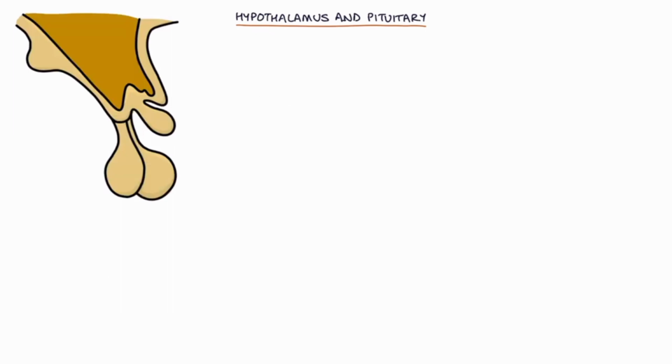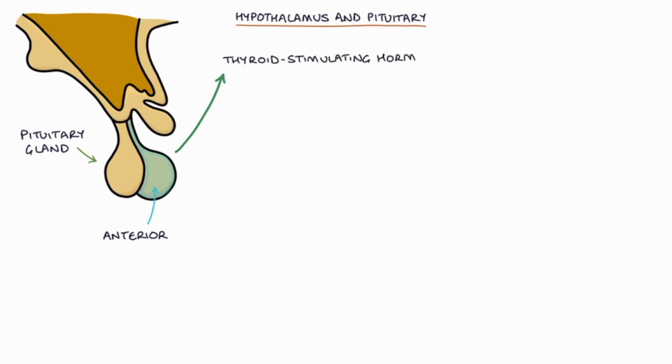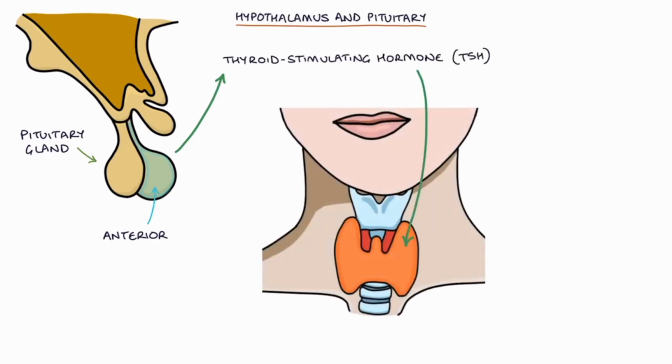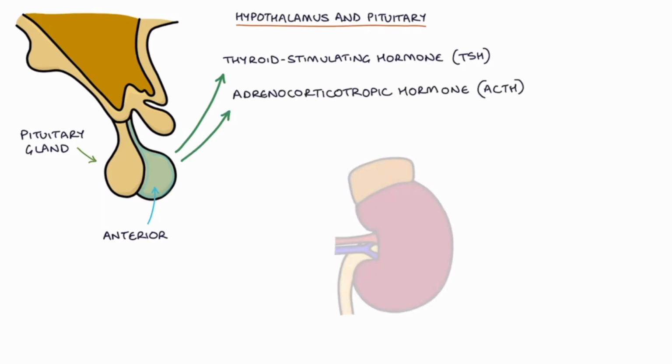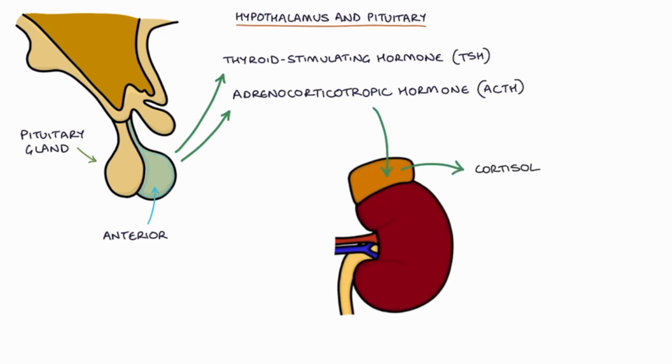Next, let's go through the hormones of the pituitary gland. The pituitary gland has an anterior and a posterior part, which release different hormones. The anterior pituitary gland releases thyroid-stimulating hormone, or TSH, which stimulates thyroid hormone secretion by the thyroid gland, adrenocorticotropic hormone, or ACTH, which stimulates cortisol secretion by the adrenal glands,